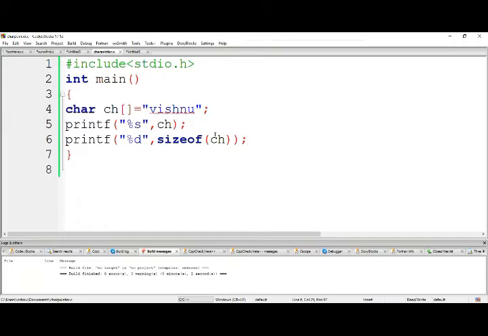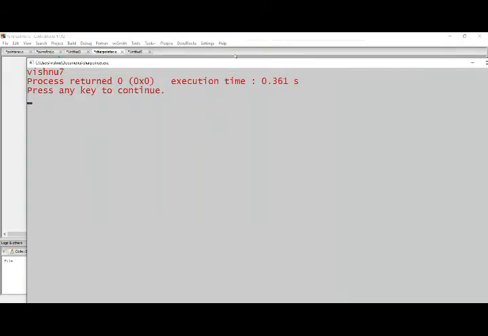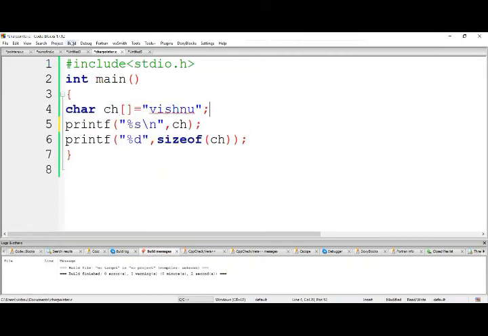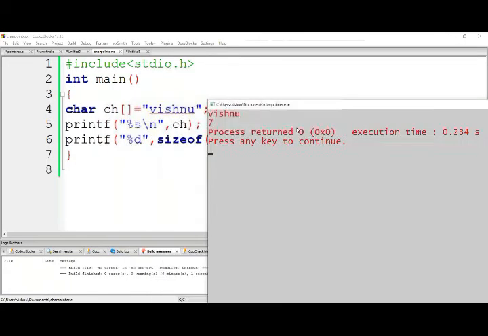So what will be the output? So let me place \n also here. So what is the output of this program? So let us try this one and show you. Let me run this one, build and run, so that we will get the next line. Okay. So Vishnu and 7.